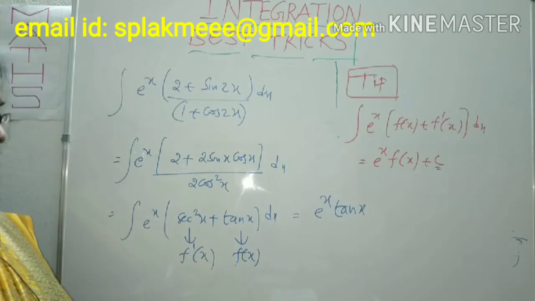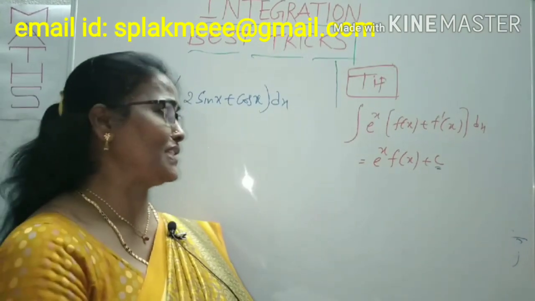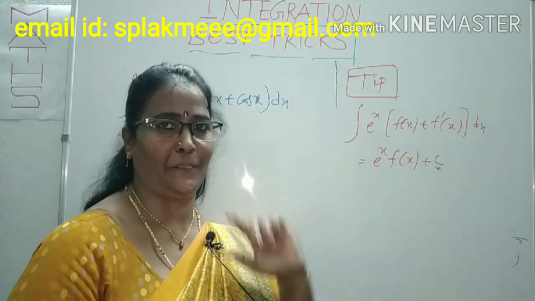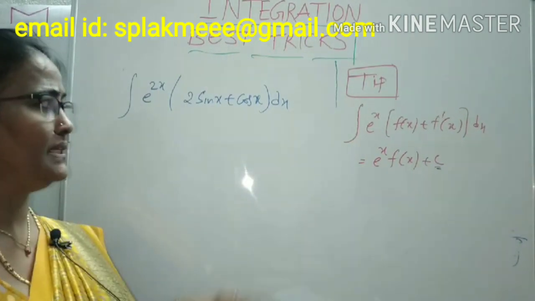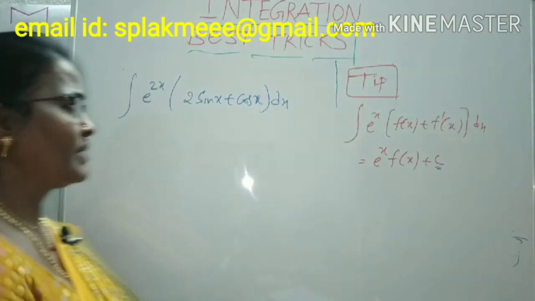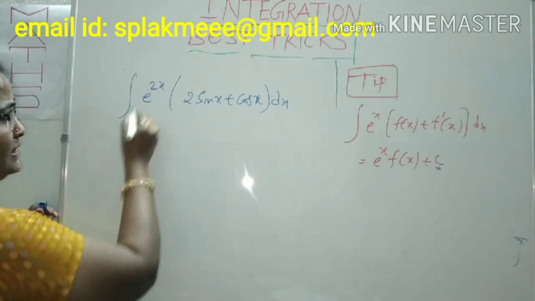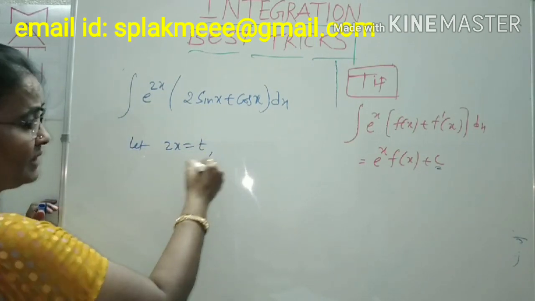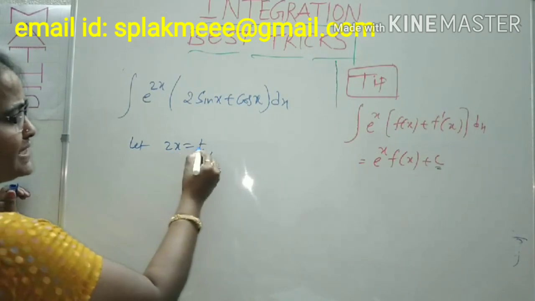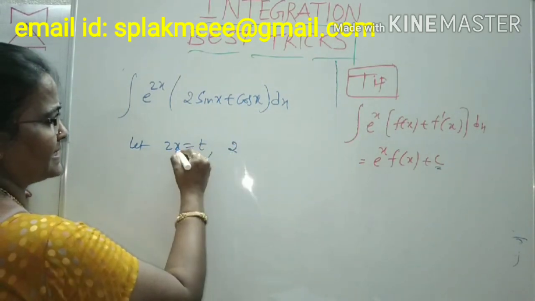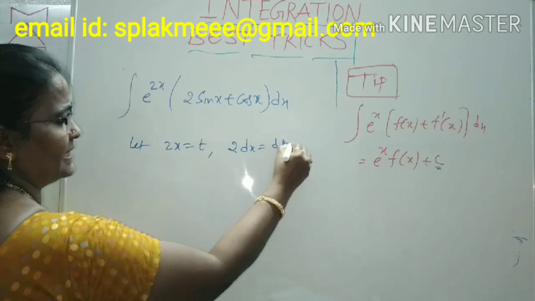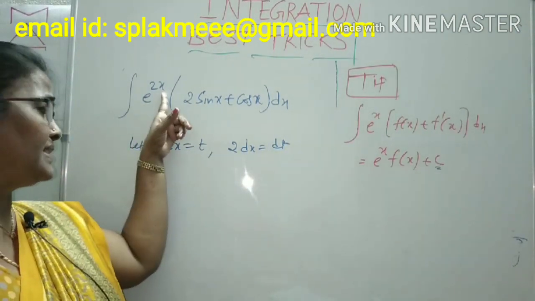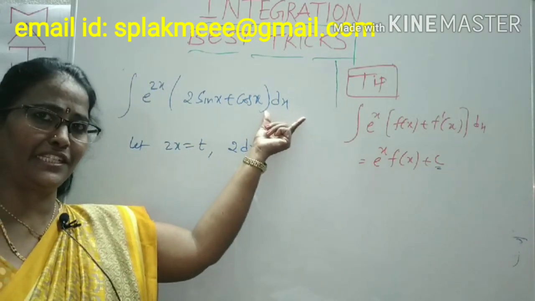Within fractions of a second you can get it, but you have to come to this question. This is also in the same model, but it's not in that formation directly. What do you have to do to reduce it to that formation? Here e power some x should be there, but here e power 2x is there. We can substitute 2x as t. Substitution method: 2x is t means 2 into dx equals dt. What is dx from this? 1 by 2 dt. If you change the functions in terms of t, you can automatically change the dx also in terms of dt.